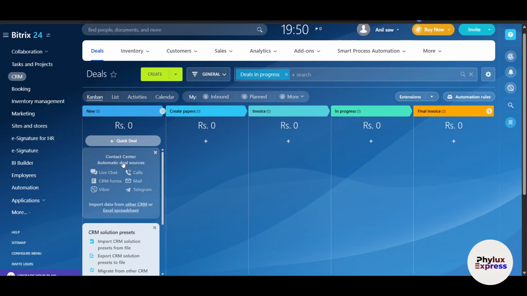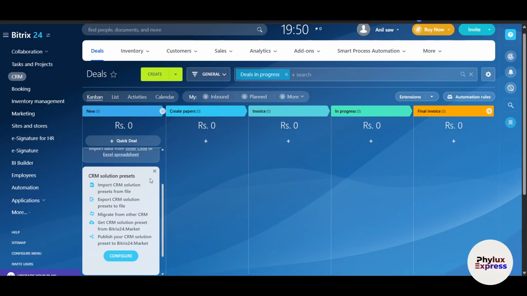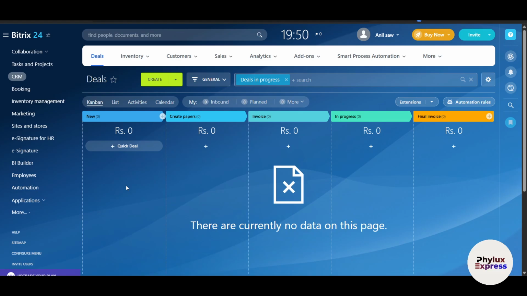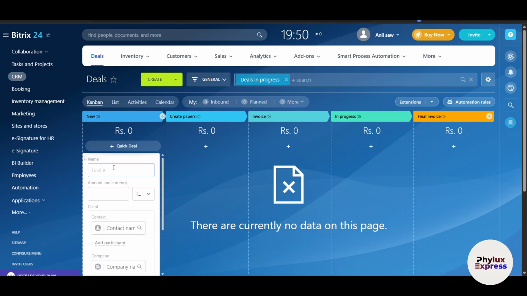So this is a Kanban board, right? So what is a Kanban board? A Kanban board is basically like a Trello board. If you don't know Trello, let's start with an example. So for example, let's take this as a quick deal. I will click on here, and let's say I will write here project, or let's say deal of